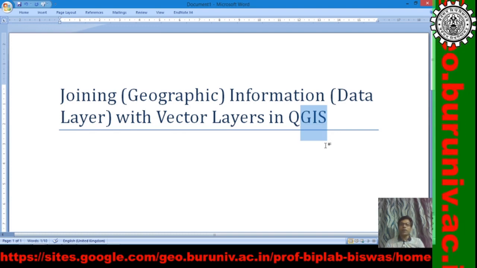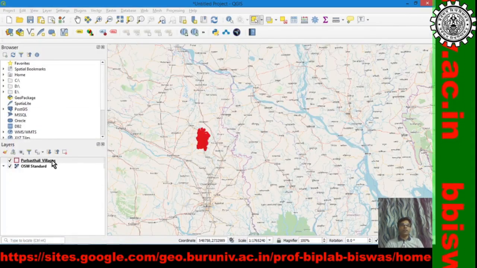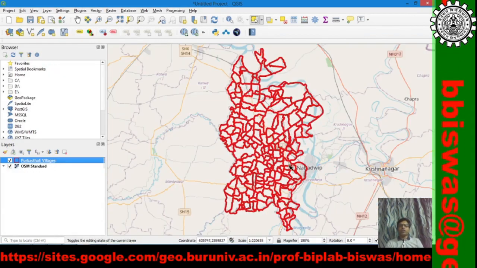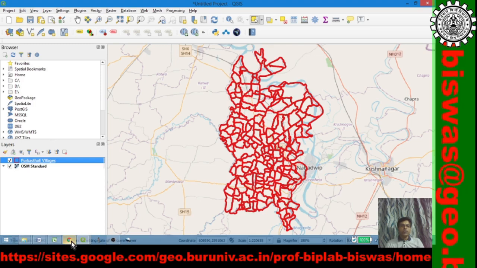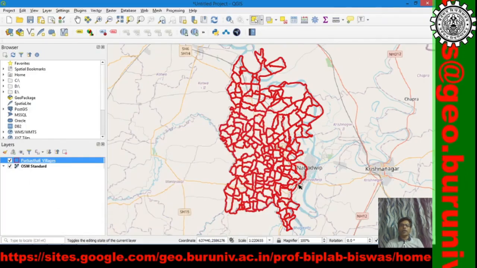That is very simple, very easy to understand, and we will do a lot of GIS study using this Purbasthali data. Today I would like to use this census data downloaded from the Census of India website, freely downloadable, and we will make some basic geographic maps, and in further studies we will make more maps out of this data.